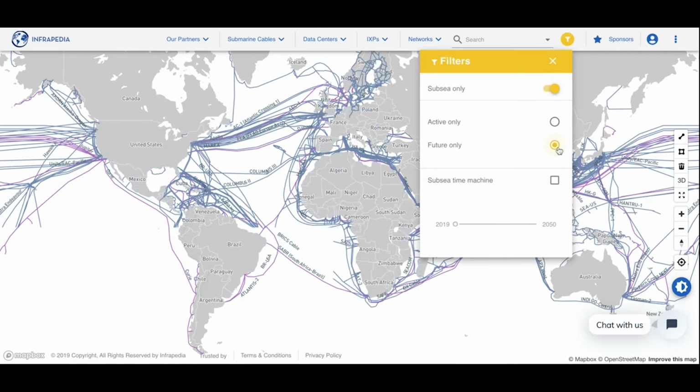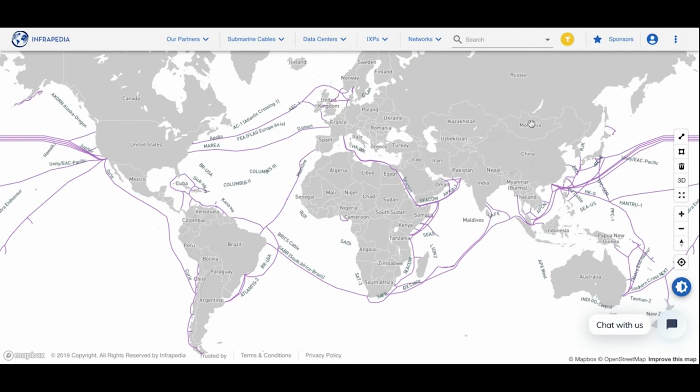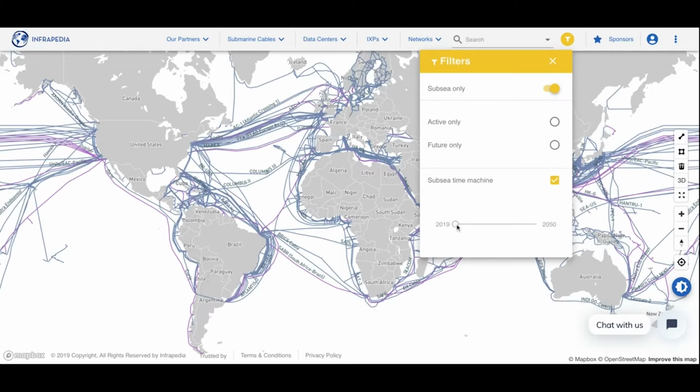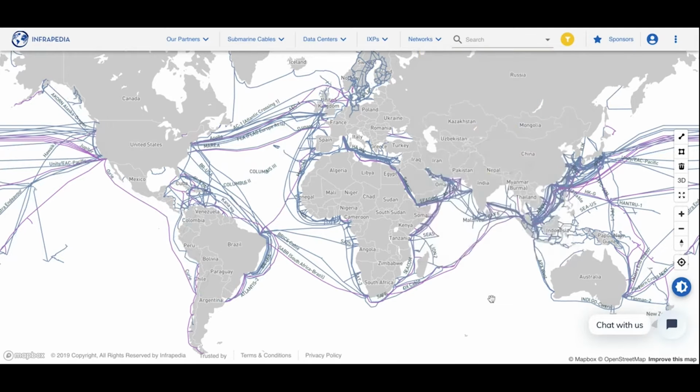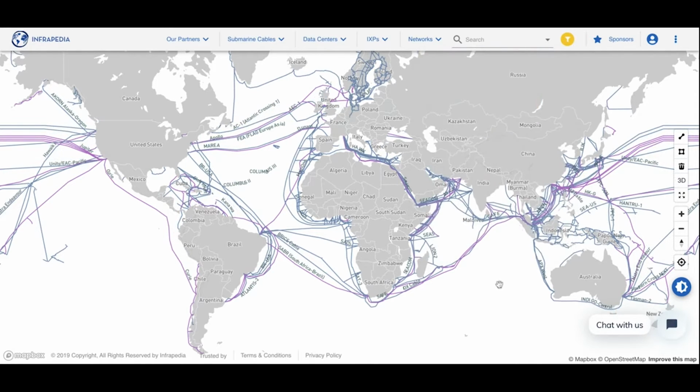This feature allows us to see the future of the internet, how layer 1 infrastructure, submarine cables, will look like. We call it time machine. We don't go back, but we go further. So in the future, you can quickly go to the website, live.infrapedia.com, and you can see how the cable ecosystem will look like. We are now in the process of working on the terrestrial side as well, but submarine is 100% accurate based on the cables' inception times.